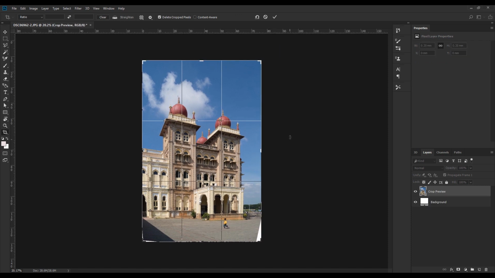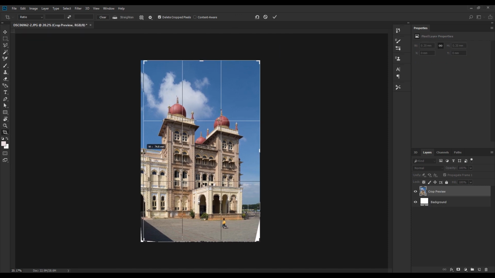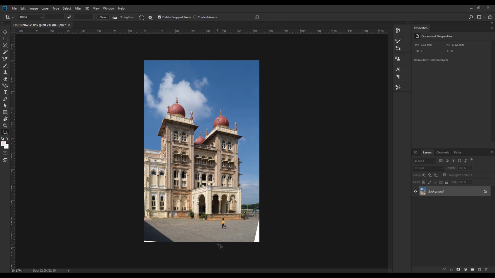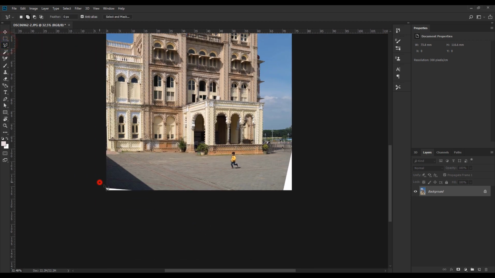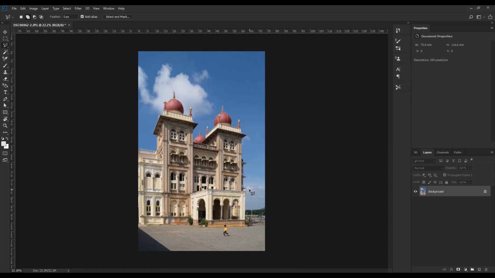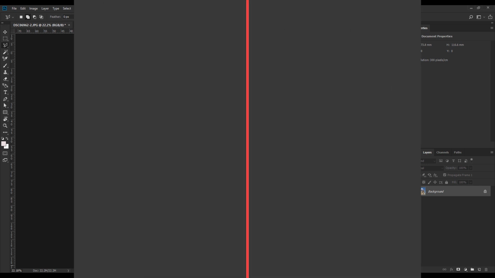Now you have to crop a little bit to make the composition perfect. And after cropping, we can see there are white corners, and these are very easy to solve. Just select the polygonal lasso tool, select those white corners and apply a content-aware fill, and your work is done. Now you'll be able to correct any kind of perspective distortion in architectural photography within a minute.